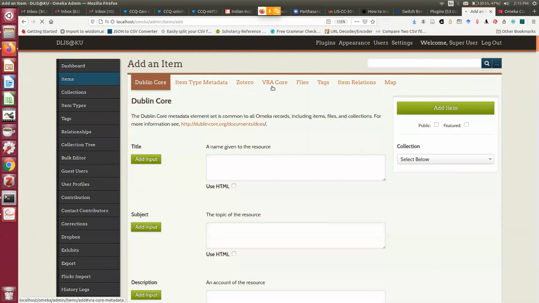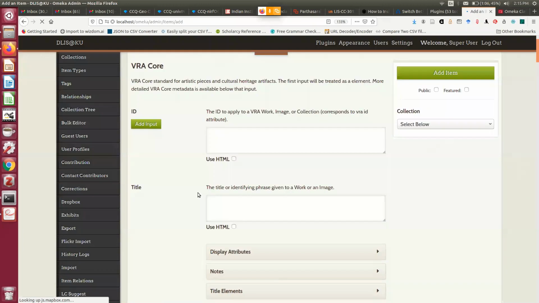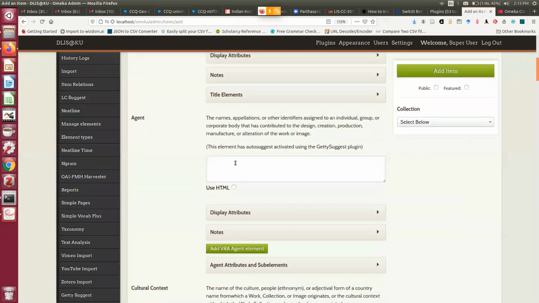If I am now selecting VRA Core, name of the agent, say anything, I'm typing like Jamini Roy.